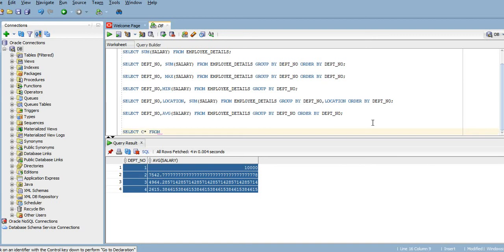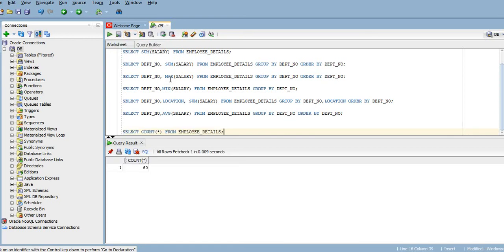Select star, count from employee details. Let me run this query. So over here it is given the number of employees which are working in this company. The total number of employees working in this company is 60.